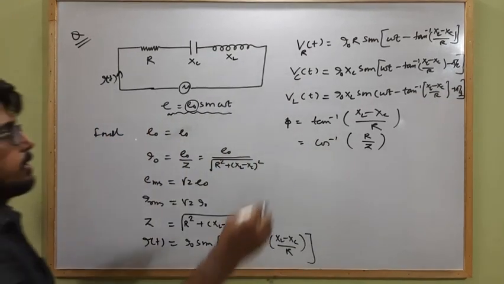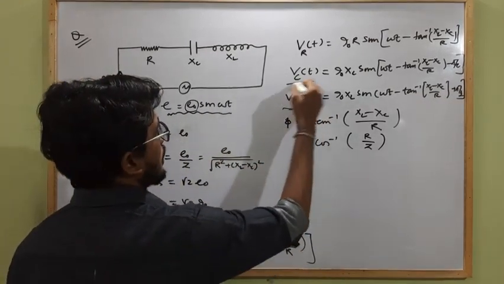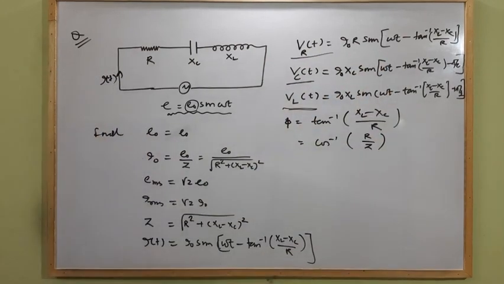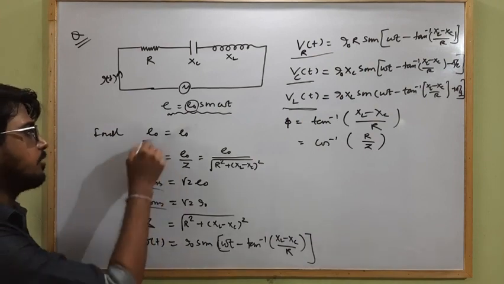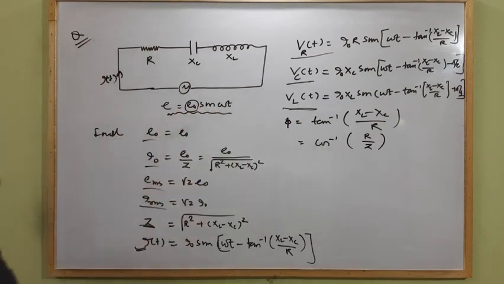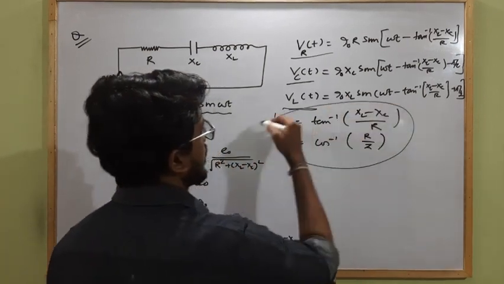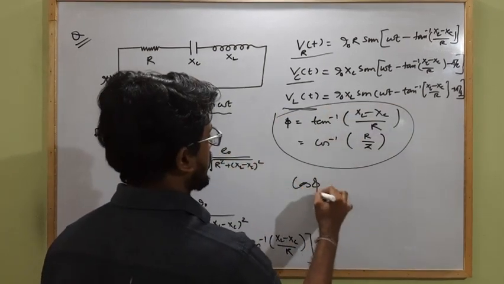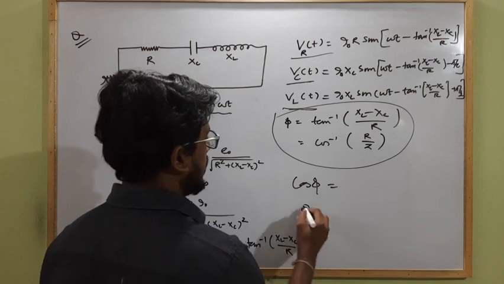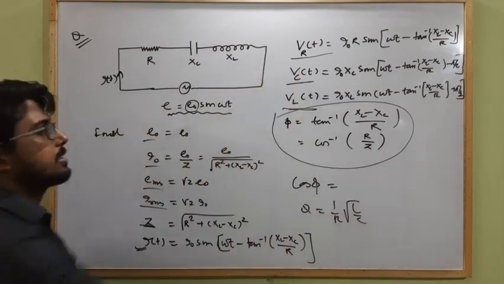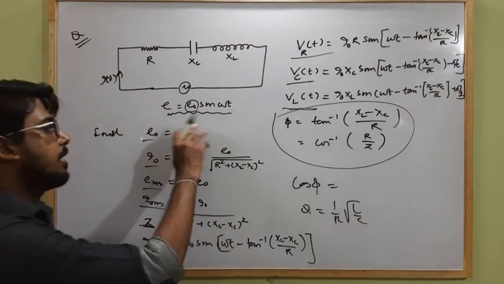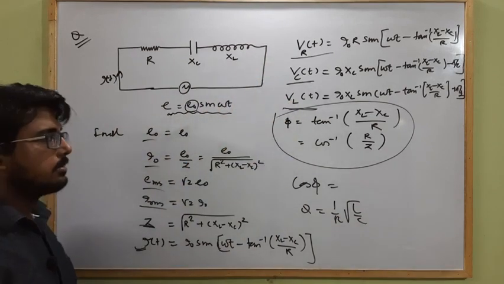Clear? So this is the potential difference across the inductor, capacitor and resistor, and this is the value of current at any instant of time t. This is the impedance of the given LCR circuit, the RMS values, ERMS, I naught, E naught. So these are the questions, and this is the phase difference. From this you can calculate the power factor cos phi, and the quality factor Q equal to 1 by R under root L by C. So anything that they ask you, you can easily calculate by using these concepts. Clear? Okay.